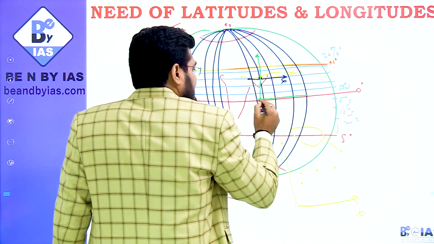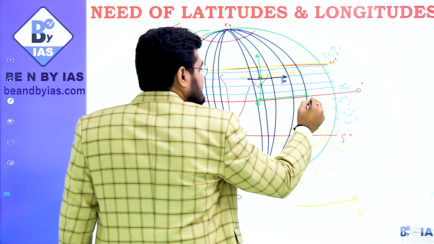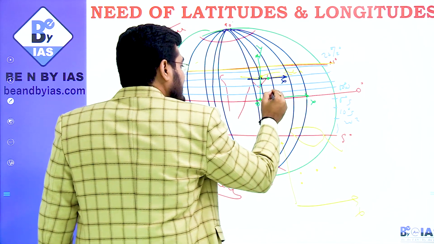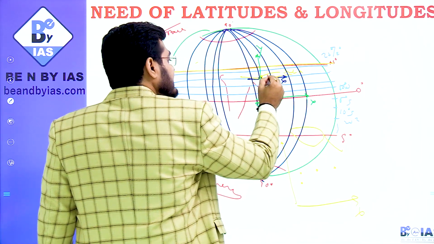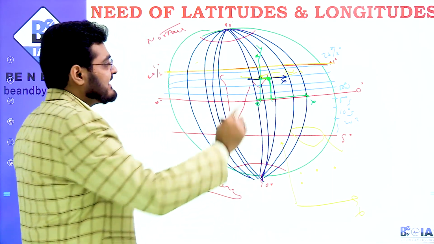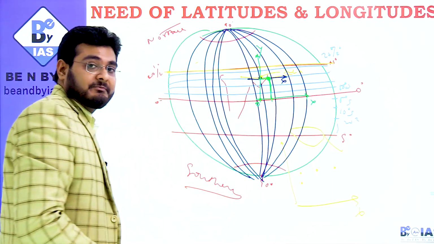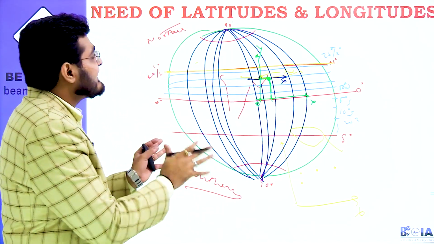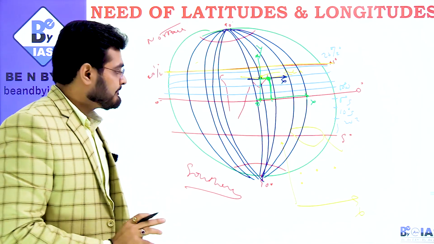This is, for example, let's take, this is 0, this is the x-axis, this is your y-axis. Now if you want to locate this place, this is how you do it. In general mathematics, you might have studied also, this is how you do it, and you get the coordinates of this place. The same way it is done in the case of locating any place on earth as well. So this is why we need latitude and longitude. I hope this is very clear.